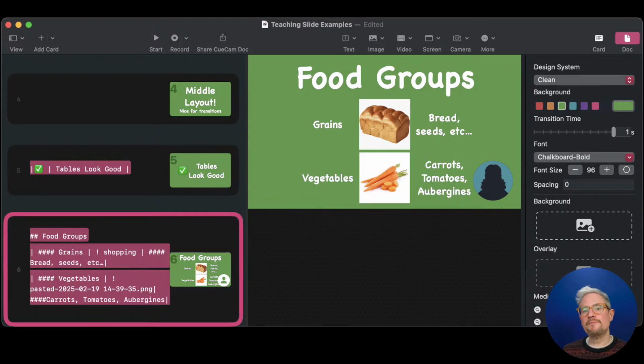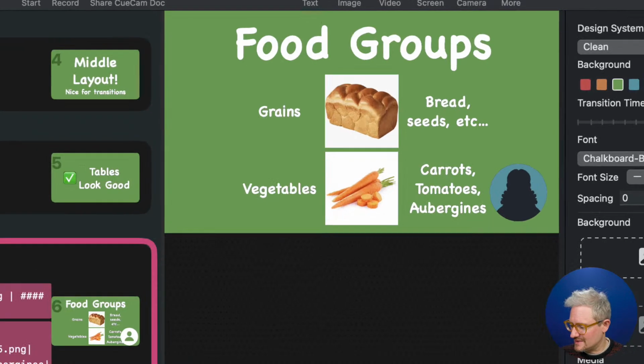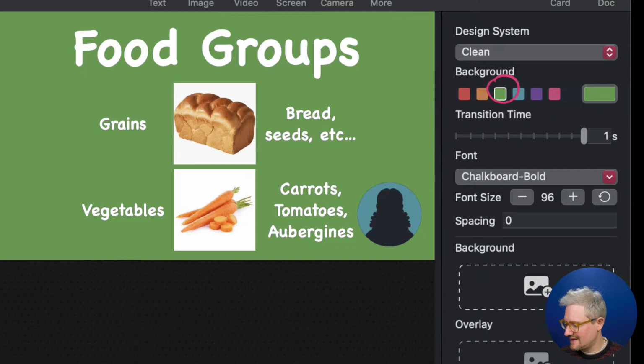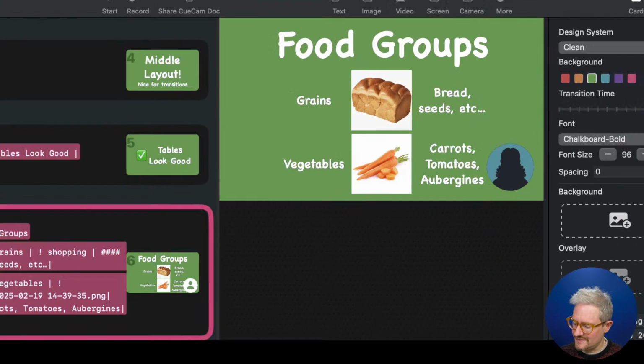And there is some customization available. So you see, here I've done chalkboard bold. I've set the default slide color to this green, and you can sort of do a little bit of stuff, but